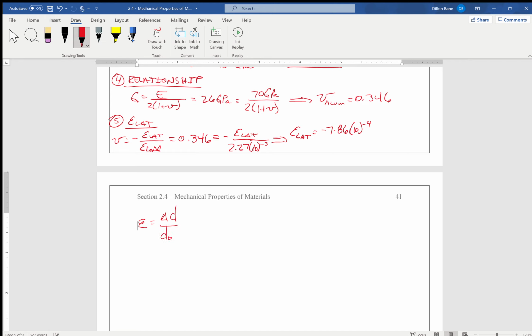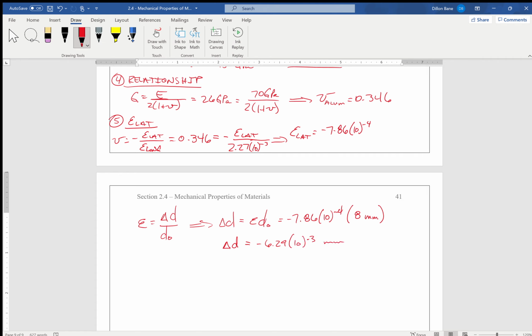We know the strain and we know DO, so we can say that delta D is equal to strain times DO, which is negative 7.86 times 10 to the negative 4. That's the strain, and the original DO was 8 millimeters. So our delta D then comes out to be negative 6.29 times 10 to the negative 3rd